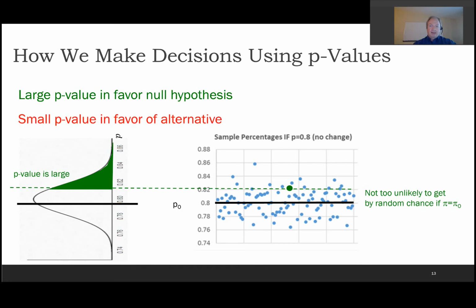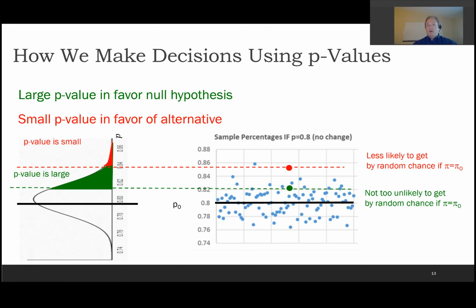But on the other hand, small p-values mean it's unlikely that my sample estimate could come from the population of sample estimates I would get if the null was true. So now if I'm up here, it's less likely I could get this value by random chance. It doesn't look like part of the random scatter anymore. And the p-value, again, is the percentile of my estimate, and we can see it's small. It's very unlikely I could get values way out here if the null hypothesis was true.